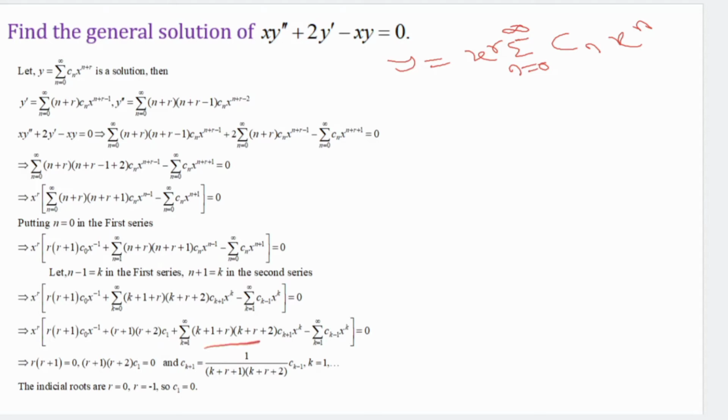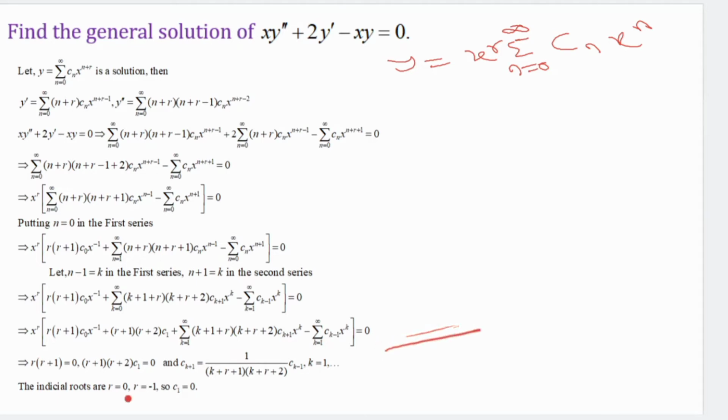There is no x now. Now the rest from this series, k starts from 1 until infinity, the same series as before. Now you can see both series start from k equal to 1 to infinity, and the x power is k. So you have to make sure the series start from the same number and the power of the series is always the same. Then we can stop simplifying.